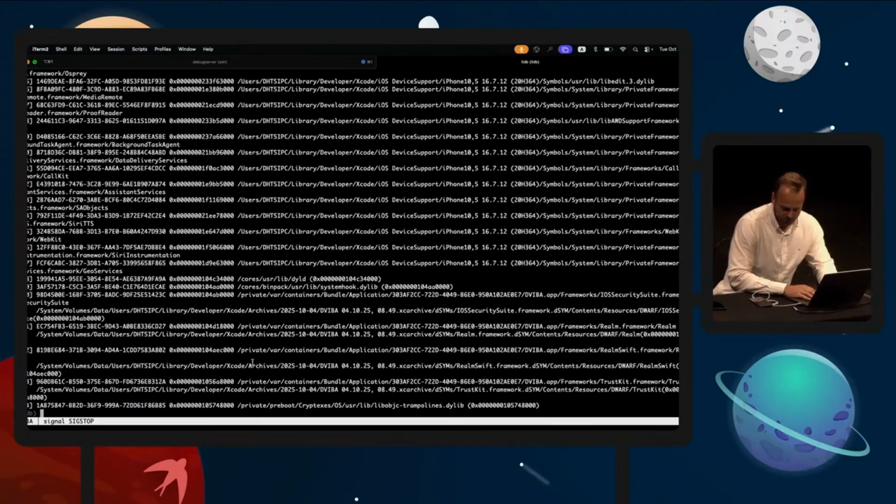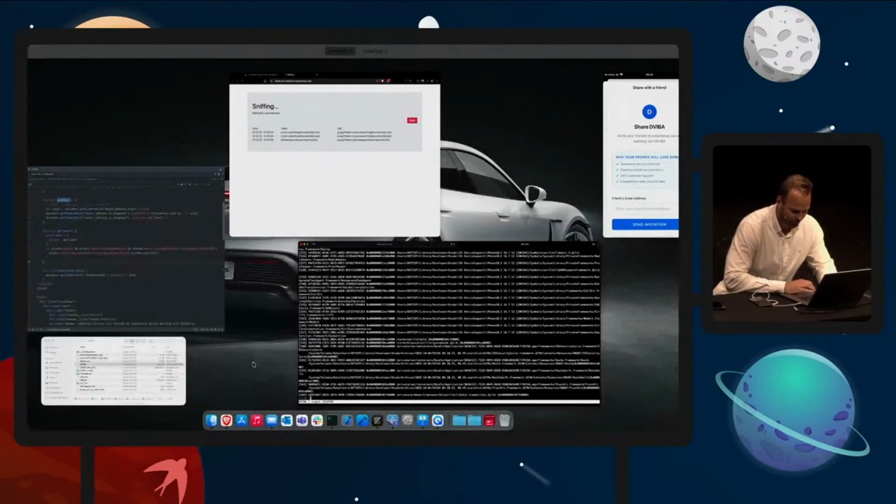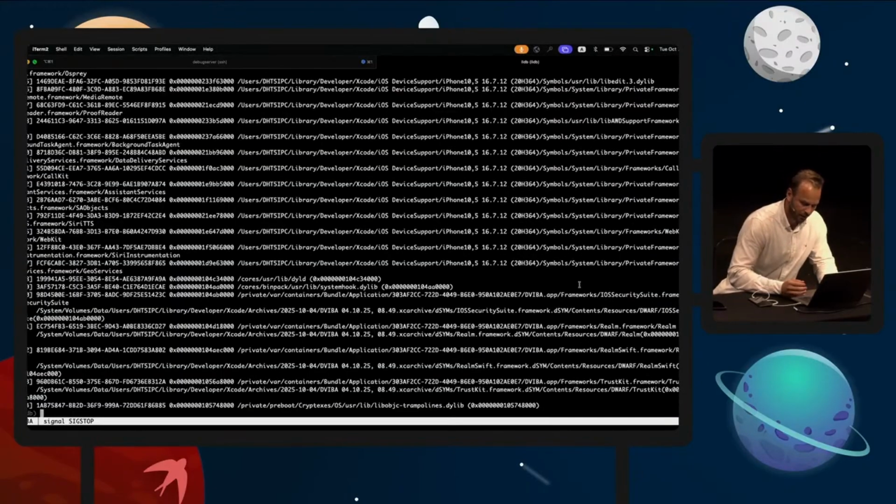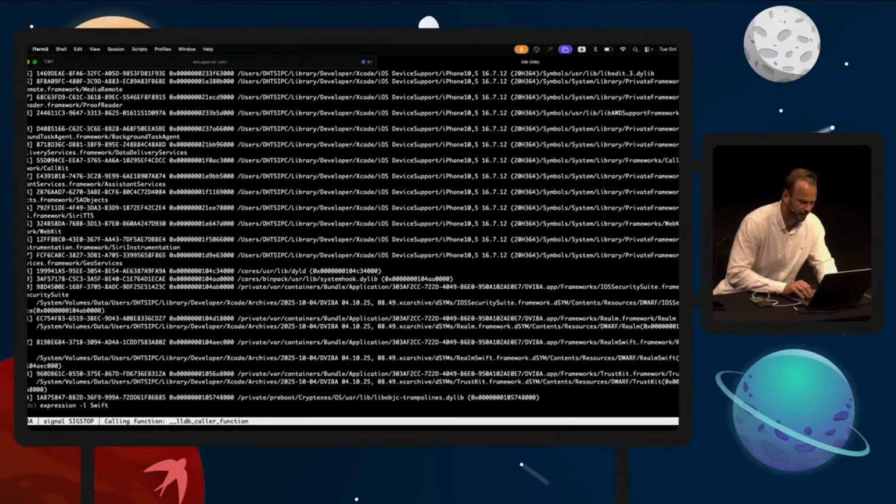What I'm, however, interested in now is to inject the token into the keychain. So I can write an expression. We're gonna use language Swift. You can write expressions in LLDB. Okay, that's not it.